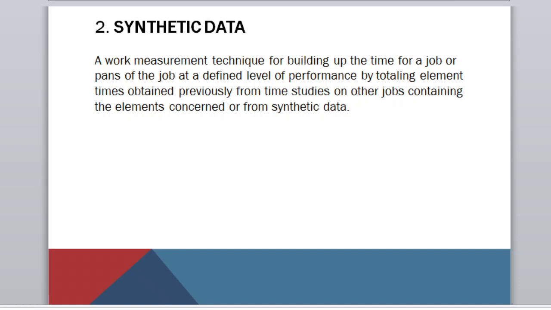So usually this synthetic data is used by artificial intelligence models to identify the standard time, or to study or do the work measurement. That's it for now. Next is